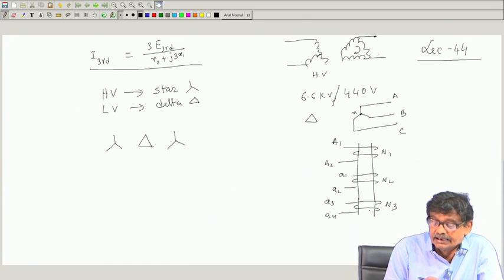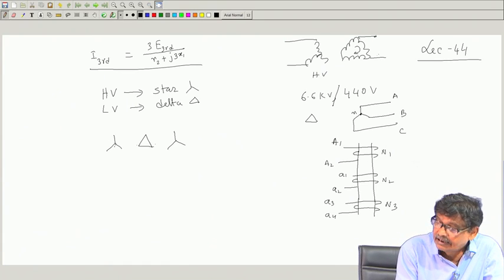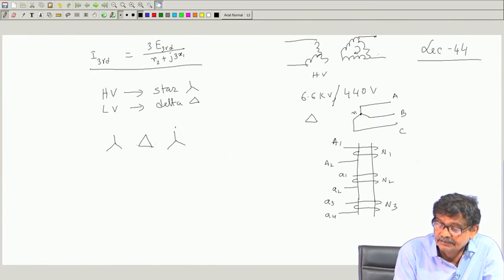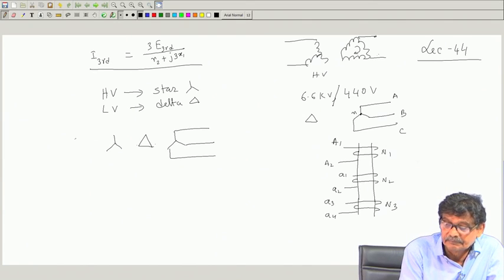Now, what I am telling is, this is star connection A1, A2, B1, B2, like that, and perhaps this is the main secondary, this is the main primary,